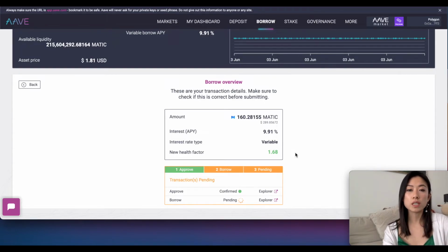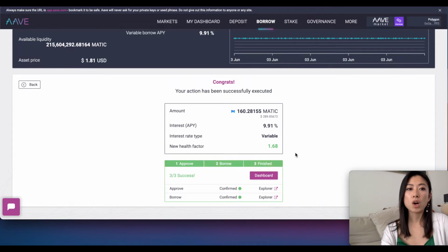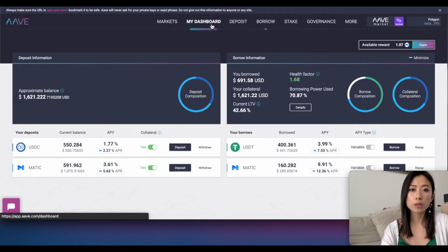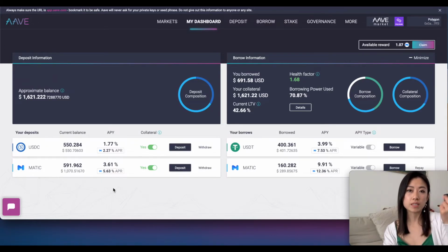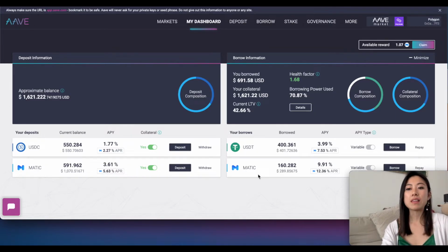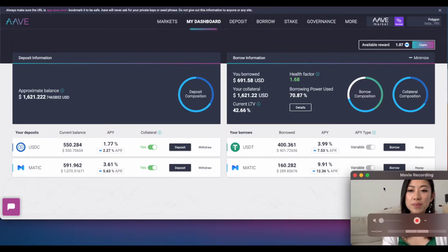Okay, so essentially what we've done is we've deposited Matic onto the Matic network, which cost us one Ethereum gas fee, and it's been relatively low, so around $10 or $11. And then once it's on the Matic network, everything is fractions of pennies. And so I went to aave.com, deposited Matic. So now we can go back to my dashboard, and you can see here I've deposited Matic as an asset. Basically, I'm lending it out, and I'm being paid to lend it out in both Matic 3.61 and then an additional wrapped Matic 5.63. And then I borrowed the Matic that I deposited,